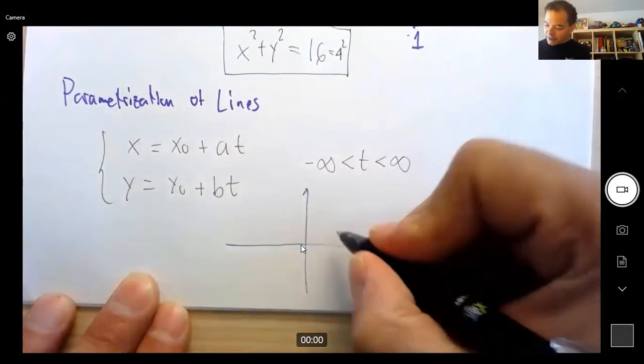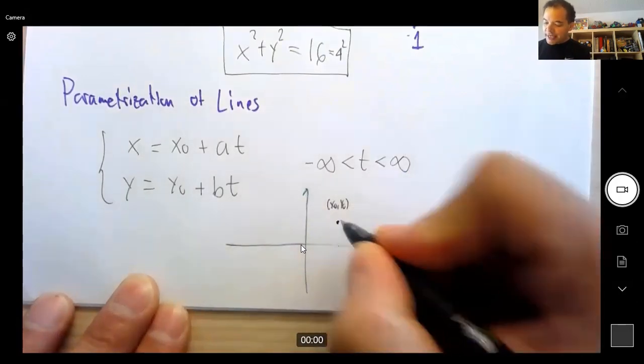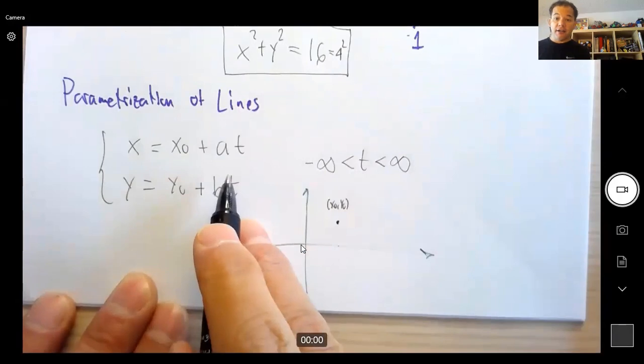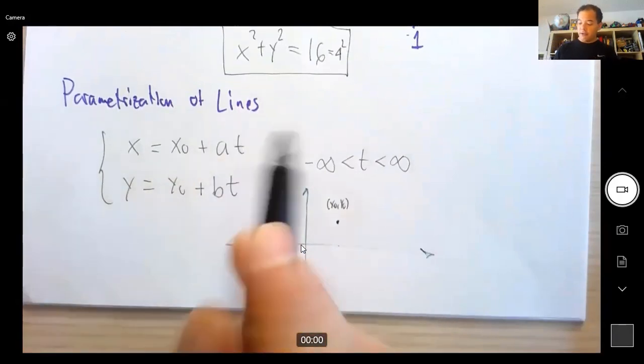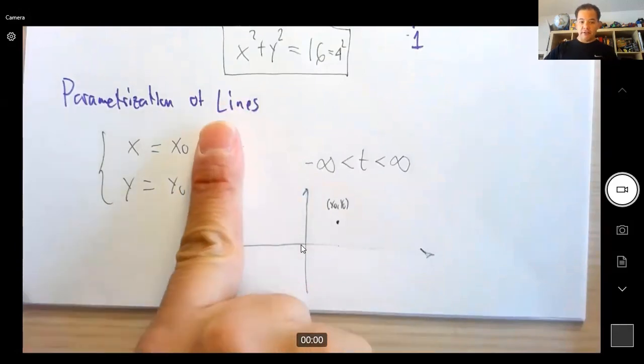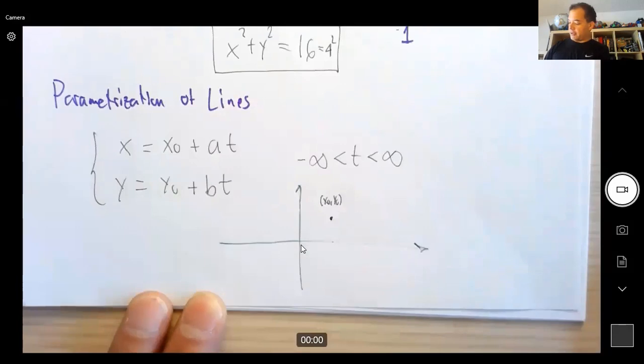So somewhere over here is the point x0, y0, which you would get when t is 0. See, if you plug 0 here, if you make t equals 0 here, you don't get anything here. You get x0, y0. So you definitely go through this point. And then you have a line,